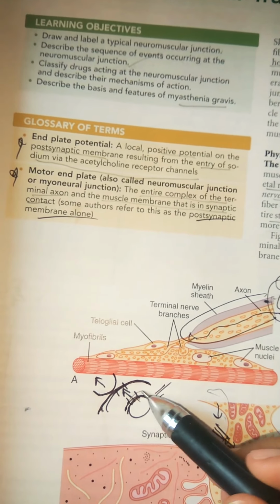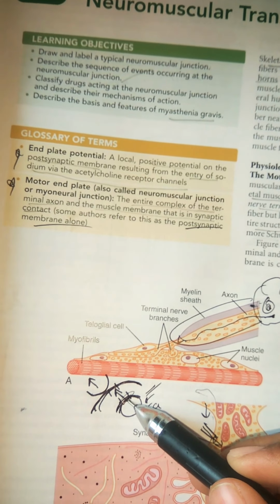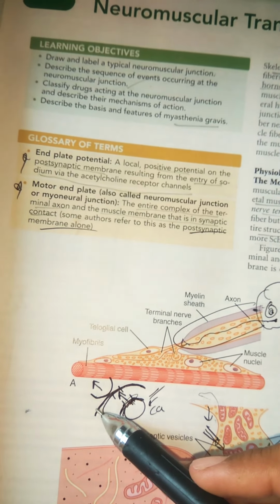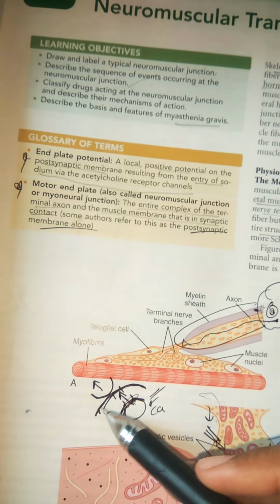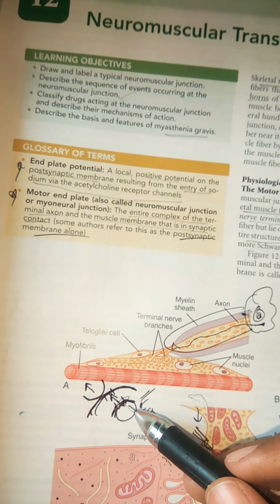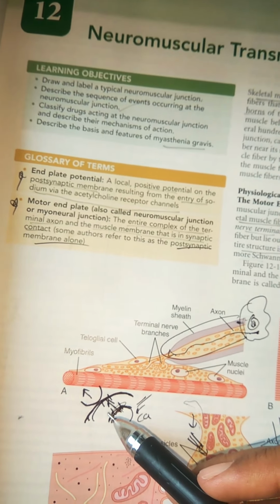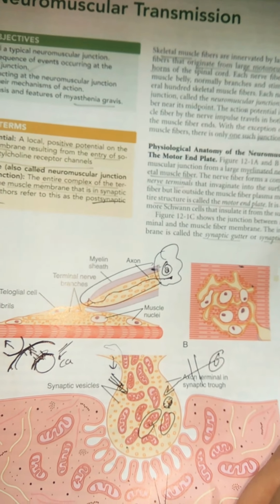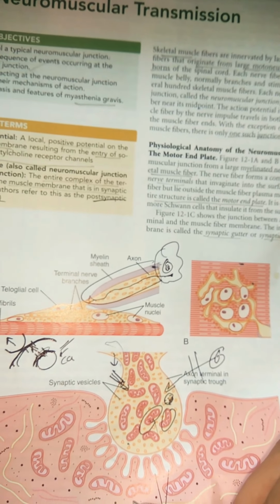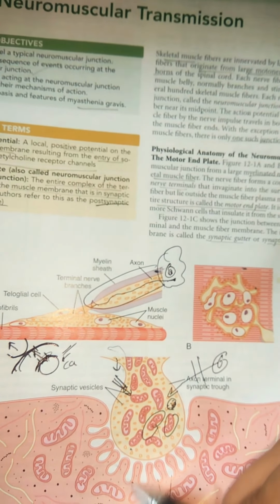Mainly on this vesicular membrane we have a protein called synaptobrevin, and here we have the syntaxins on the nerve membrane. These are calcium dependent proteins that help in binding of vesicles to the nerve membrane. Mainly by simple diffusion, the acetylcholine moves from the presynaptic membrane, that is the nerve membrane, to the postsynaptic membrane, that is the muscle membrane. So it easily transfers to the muscle membrane, and the gap between these two is called the synaptic cleft.